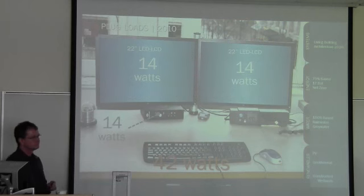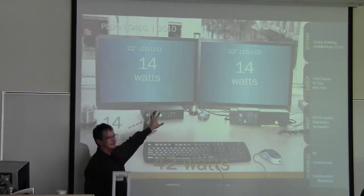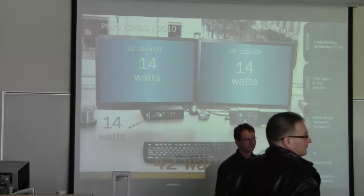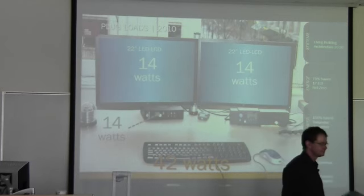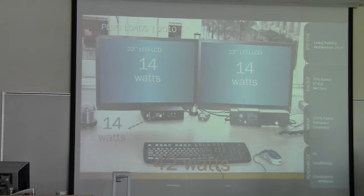What was the naming term you use for these things? That's a zero client device, and the system is called Virtual Desktop or VDI. VMware, if you've heard of it, there's a software